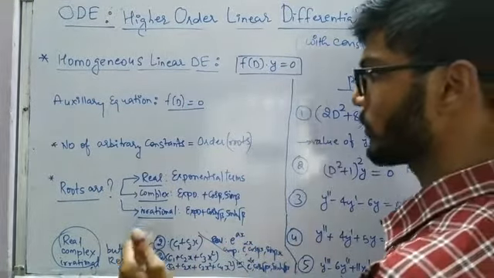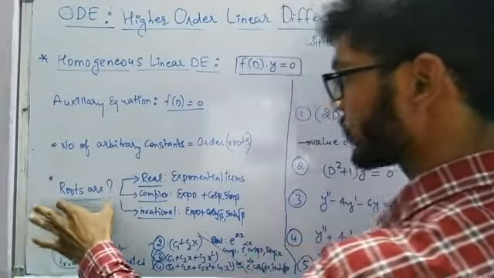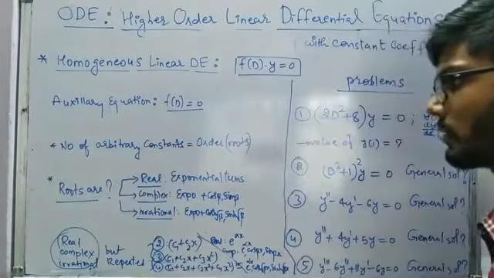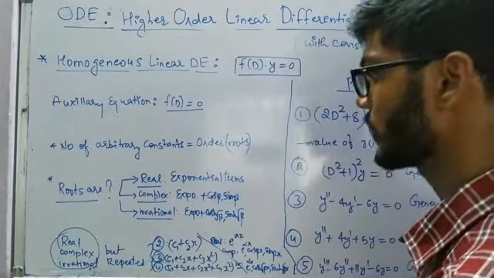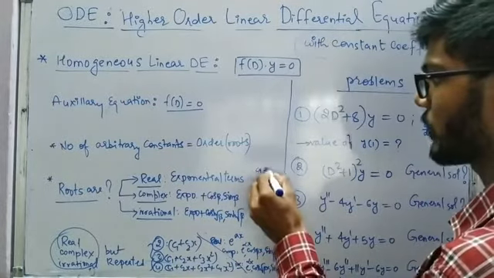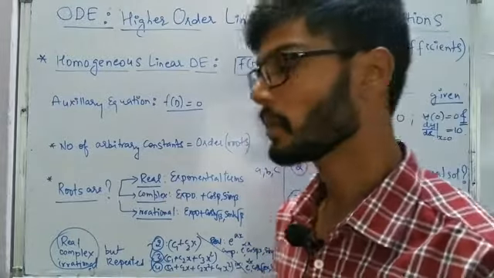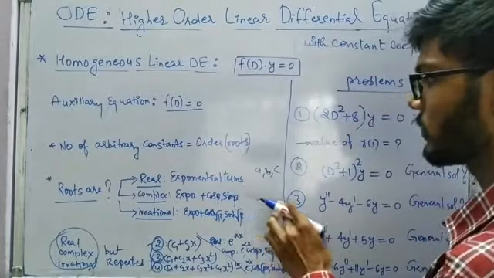Then we proceeded further, and after calculating the roots we are able to understand that if the roots are real, complex or irrational, what terms we are going to get. In the case of real roots, we are going to get the exponential terms. If the roots are a, b and c, we are going to get terms like e power ax, e power bx and e power cx, and in multiplication the arbitrary constants will be c1, c2 and c3.